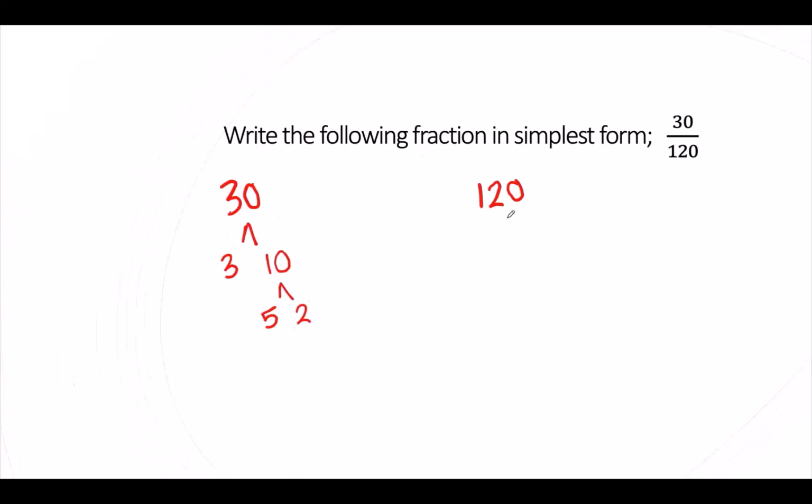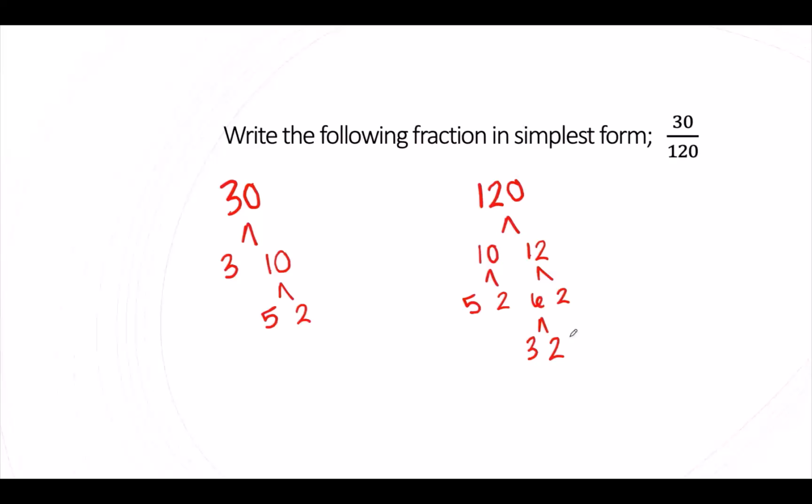Next, I am going to do the same thing and find all the prime factorizations for 120. Well, I know that 120 will divide by 10 and leave me with 12. And 10 will divide by 5 and leave me with 2. And 12 will divide by 6 and leave me with 2 again. Now 5, 2, and 2 are all prime factors, so there's nothing more for me to do on those branches, but 6 will divide by 3 and leave me with 2, and then 3 and 2 are prime factors, so I'm finished.